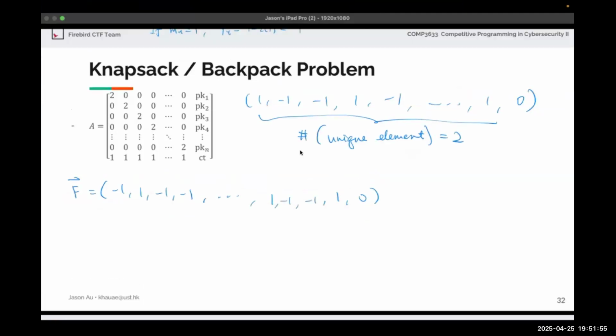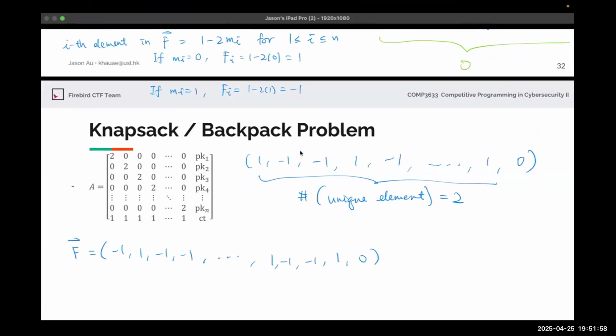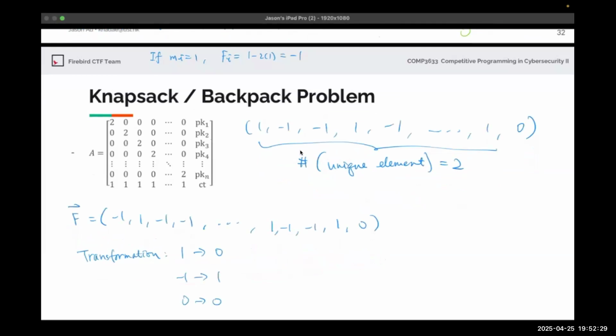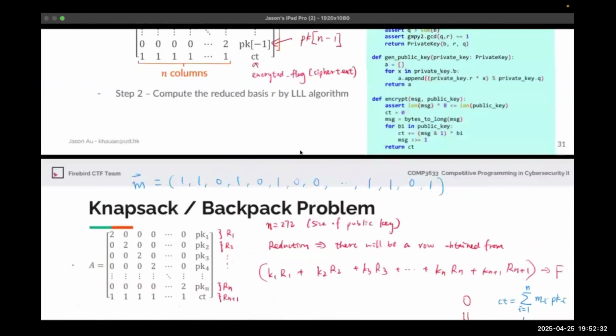And then we do the conversion, because if the original message is 0, then you have 1 here. If the original message is 1, we have -1. So we just do a conversion, or transformation. If we have 1, then we'll make it 0. And if we have -1, we'll make it 1. And of course, the 0, we just leave it there, because as we mentioned previously,